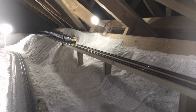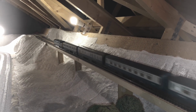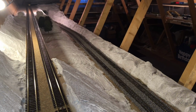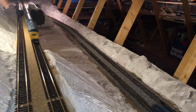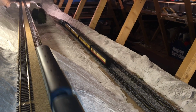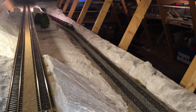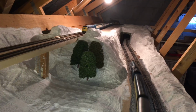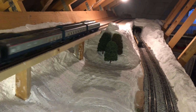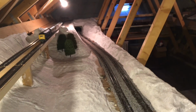So my little boy and I, we were so psyched last night because we went upstairs into the attic and we had a 20-minute running session, like 20 minutes non-stop, and nothing went wrong. All 4 tracks were running at the same time. Nothing broke down, nothing failed. It was the best day of my modelling life. They just love it when it all just works. But I'm going up there so regularly at the moment, I'm not giving anything a chance to break or to get too cold and have it stutter along, you know. But just seeing the 4 trains running around